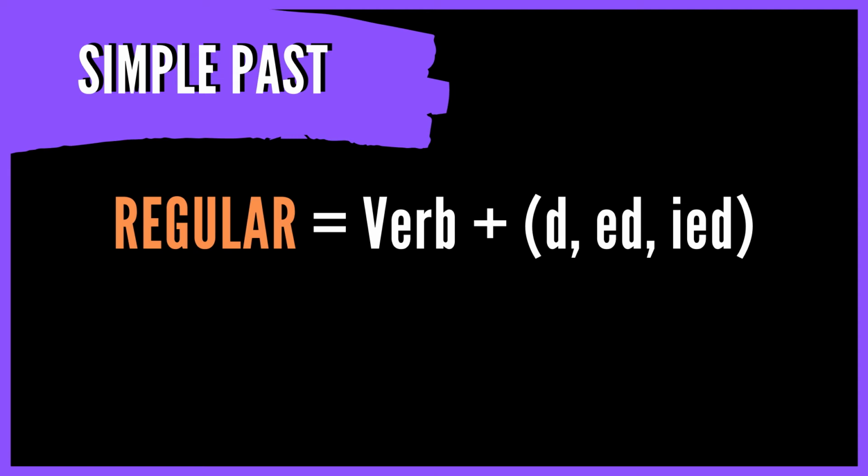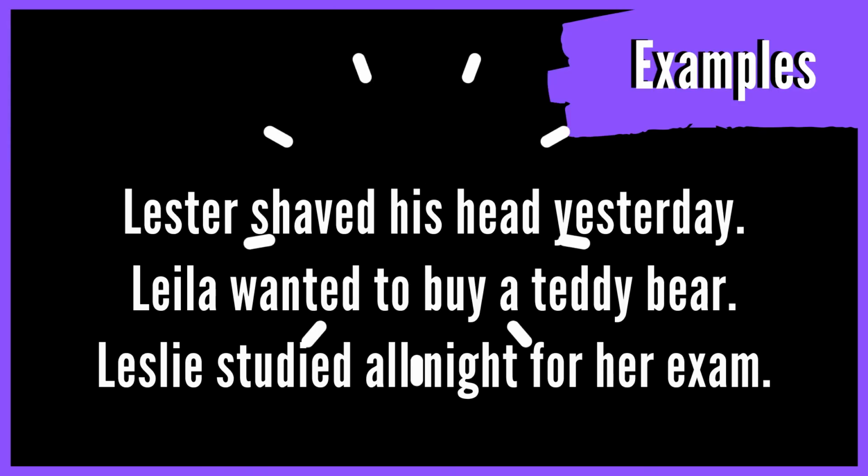Here are examples. Lester shaved his head yesterday. Layla wanted to buy a teddy bear. Leslie studied all night for her exam. Notice that the verbs shave, want, and study are changed to their simple past form since they express actions that